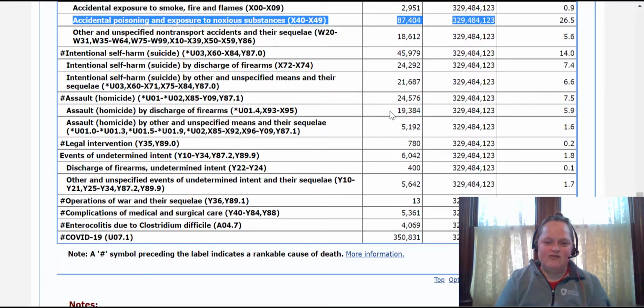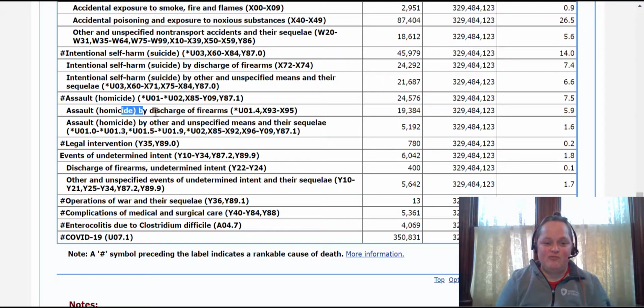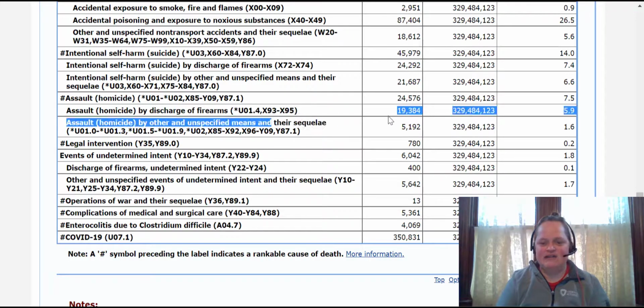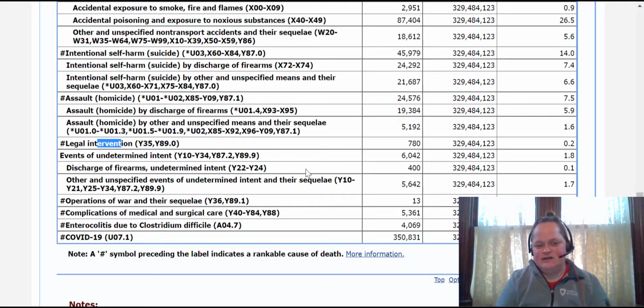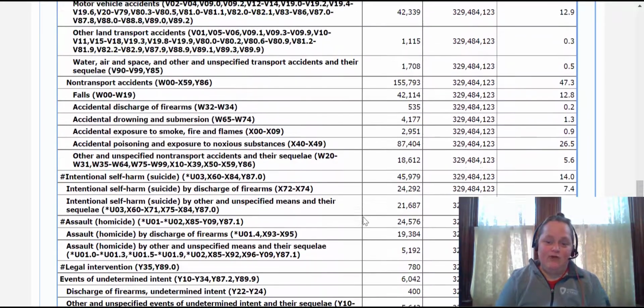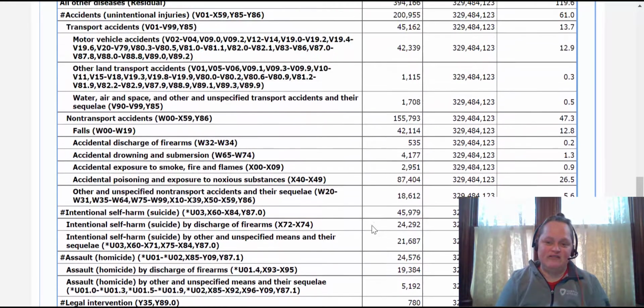Then there's homicide. So it's broken out by firearm related homicide and other. There you go. Legal intervention. And then other things are broken out, war related and some other stuff. And then we have COVID at the very bottom. So COVID was added to this list of